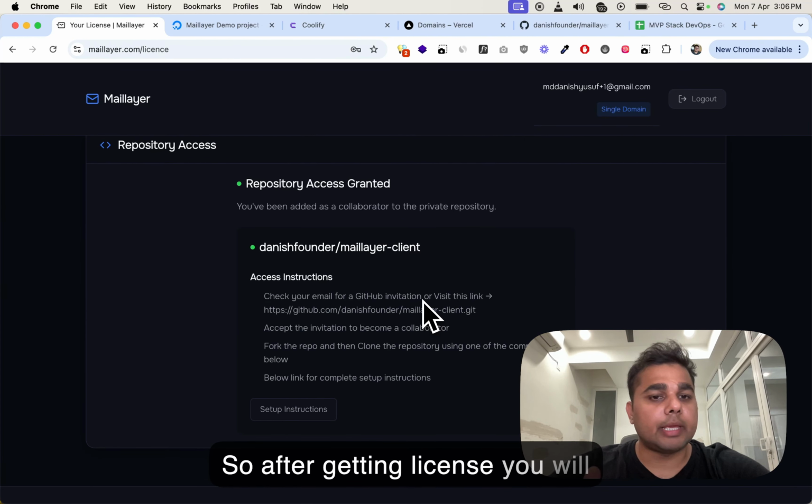get the invite to the GitHub repository, and then you have to accept it, and after that you have to clone that repository on your GitHub account. So this is the simple thing. And now you have the software on your GitHub account like this,